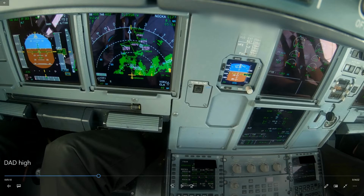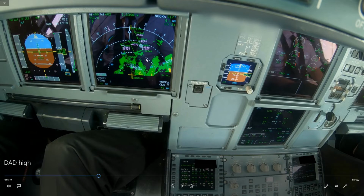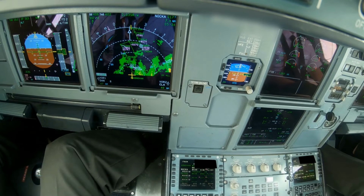But we're not at flight level 120, we're at flight level almost 180. So we are way too high to be able to fly direct to one of these waypoints on the approach. So we cannot accept a shortcut at this moment. Now, interestingly,